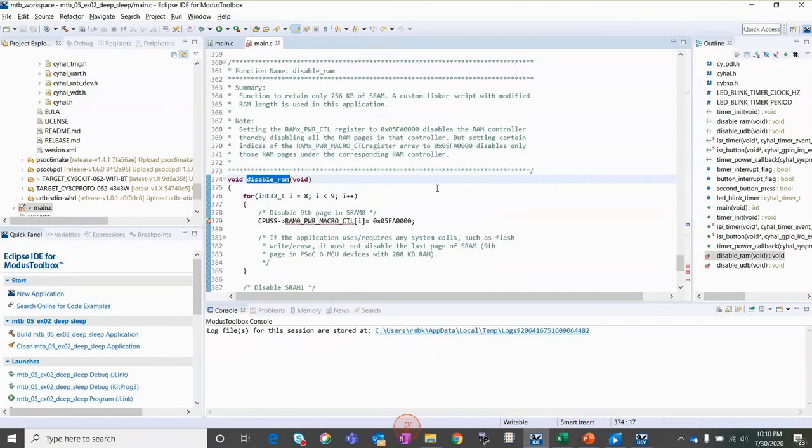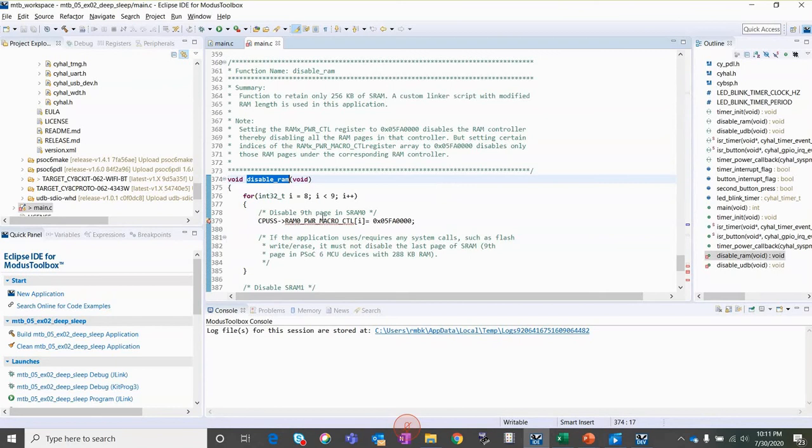So all of the RAM that is available in your device might not be managed by a single RAM controller. You might have different RAM controllers based on your device, and the RAM controllers manage each SRAM bank. These SRAM banks are divided into different SRAM pages, generally of about 32 KB of memory. If we do not need any of these RAM banks or RAM pages, we can disable them to reduce power even more.